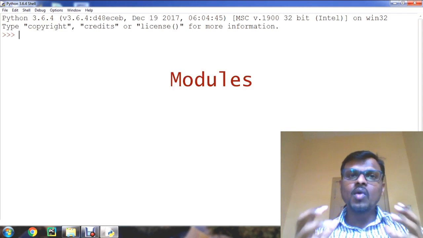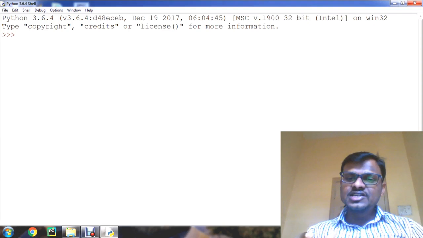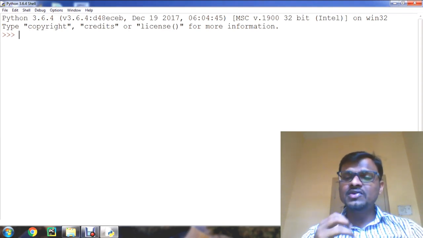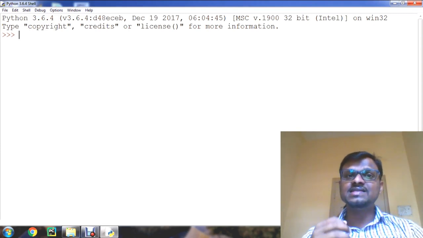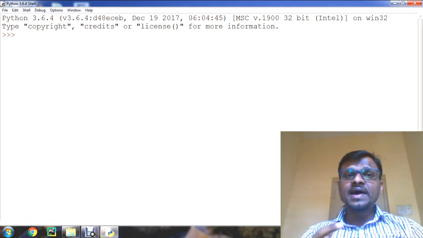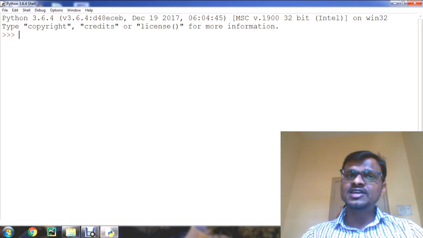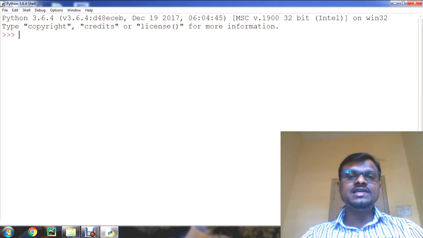That's called modules. Suppose we have created some functions in a program and we want to reuse them in another program. In that case, we can save those functions under a module and reuse them in the different programs. So like this, we can make use of the modules. A module is created as a Python file, that is .py file, containing a collection of function definitions. Let us see how we can create and use the modules in Python.